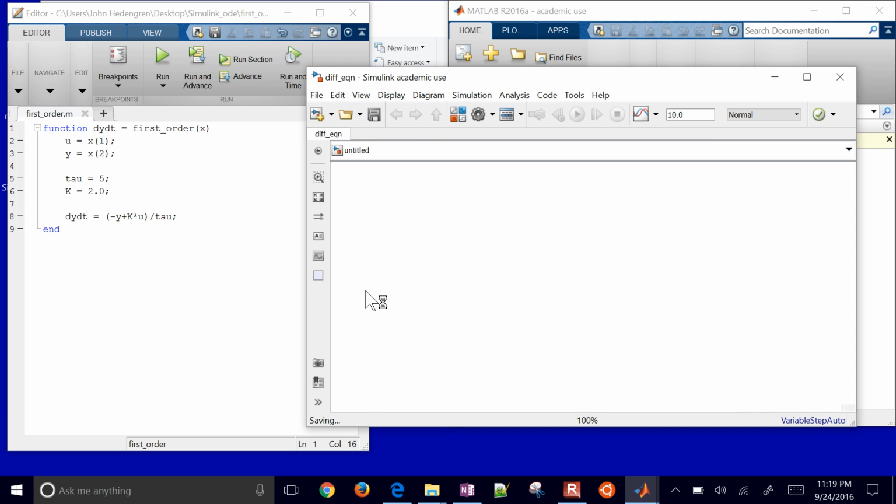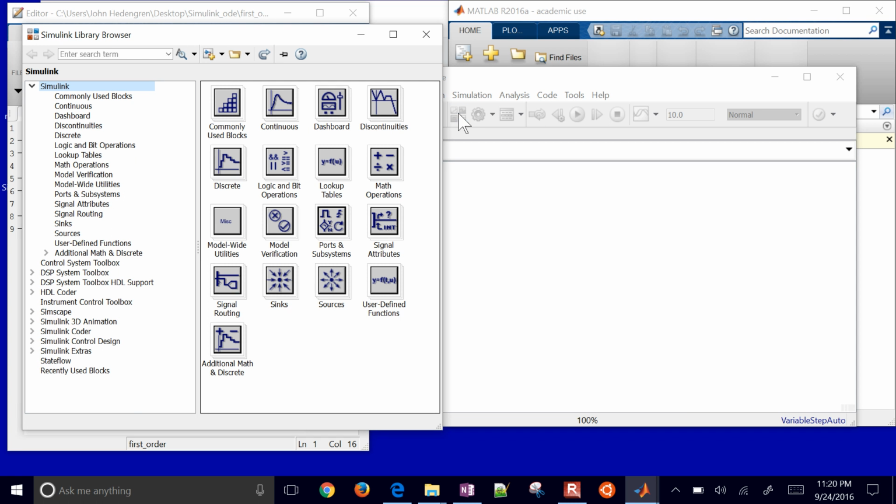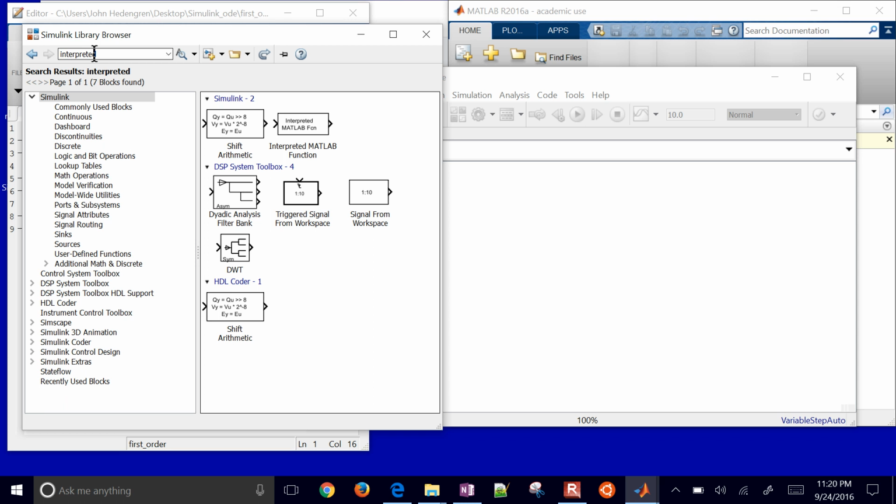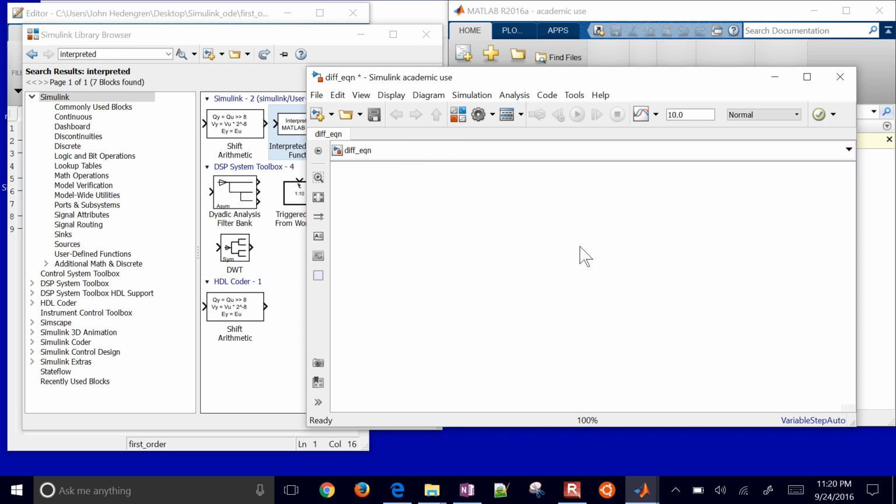Okay, so the first thing I want to do is just open up my library browser, and okay, so it's thinking about it, and then it'll pop up with a list of some choices, and I'll do interpreted. Okay, so just search for interpreted, and then it'll come up with this interpreted MATLAB function that you can add, and it's right here. Go ahead and drag it over, click it, drag it over, and after it gets over there,